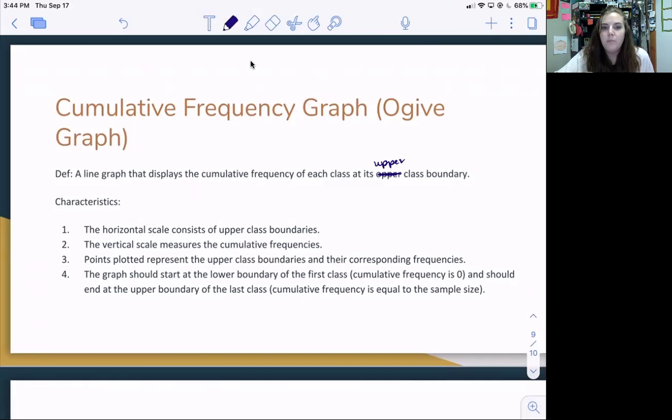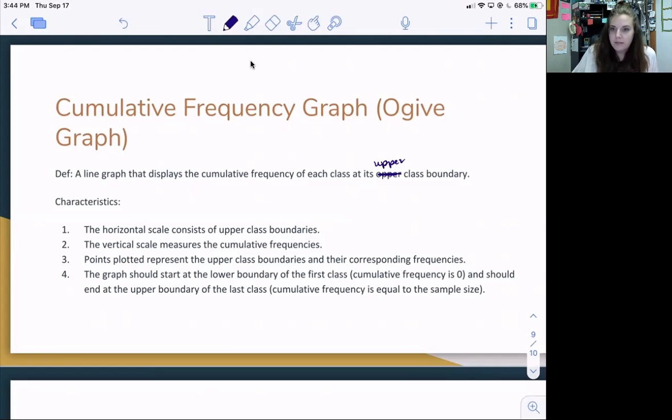The vertical scale measures the cumulative frequency. The points plotted represent the upper class boundaries and their corresponding cumulative frequencies. And the graph should start at the lower boundary of the first class, showing that we have a cumulative frequency of 0, and should end at the upper boundary of the last class,